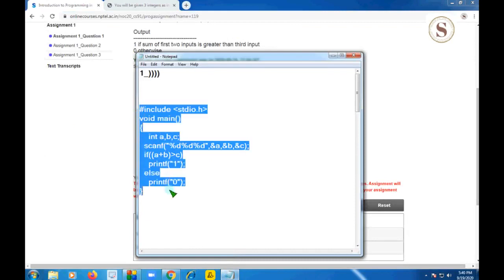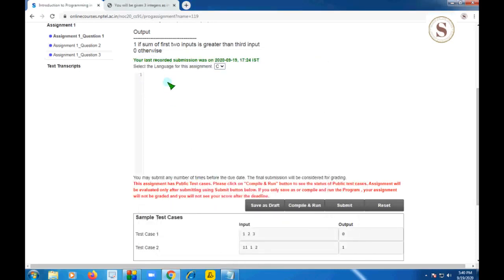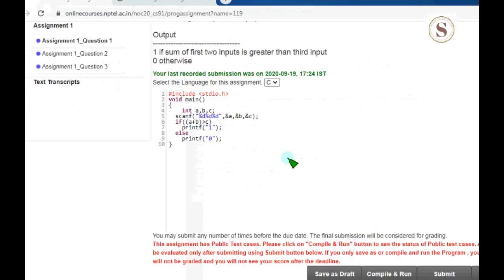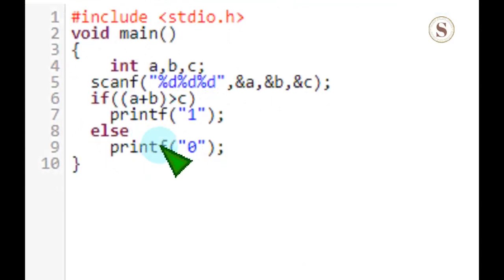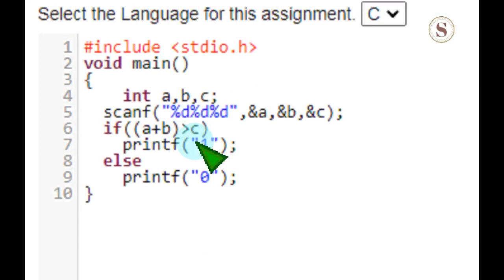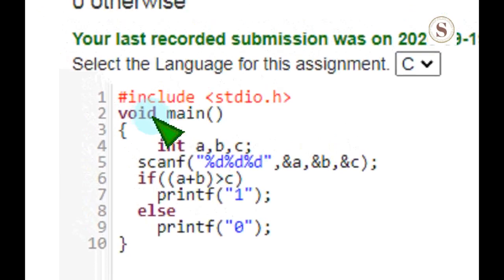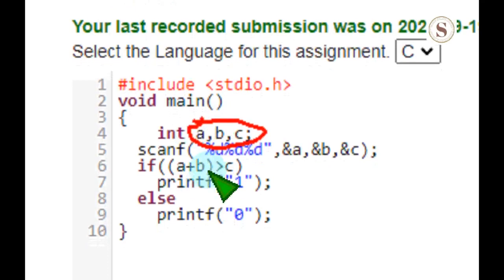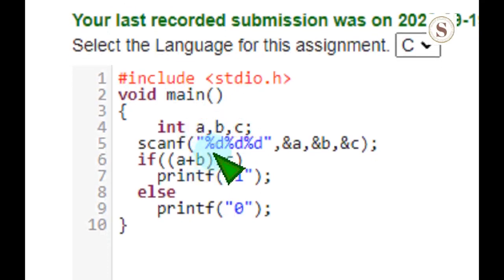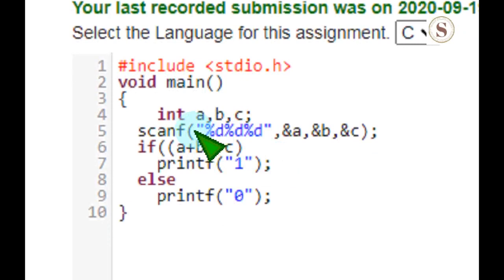So I am giving you the program for this very simple problem. #include <stdio.h>. If you look at this video zoomed in, you will be able to clearly understand that I have taken three integers, that is a, b and c, and I have taken three %d notations here.